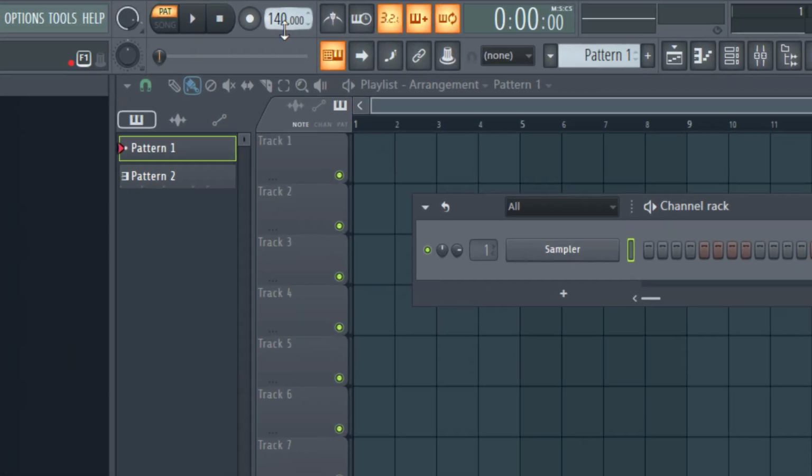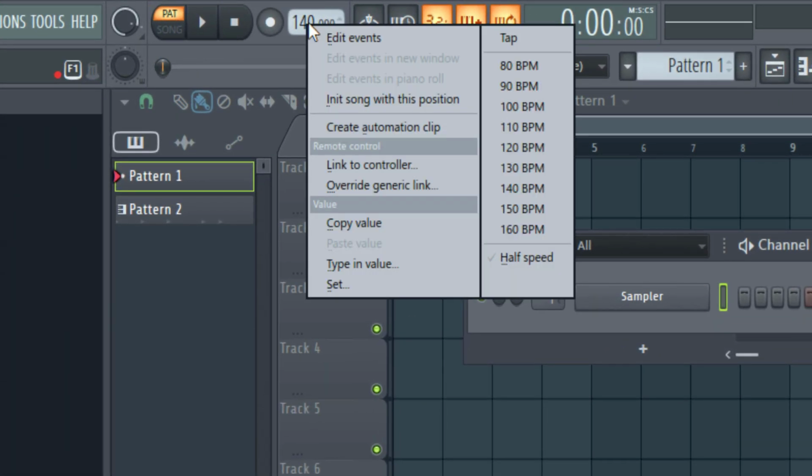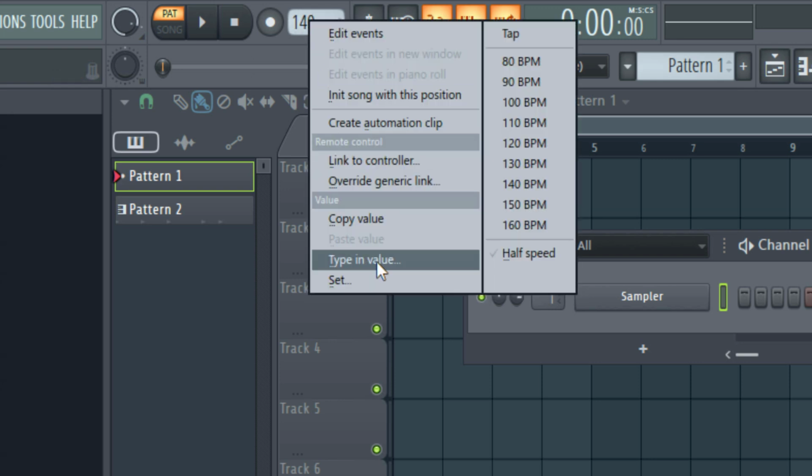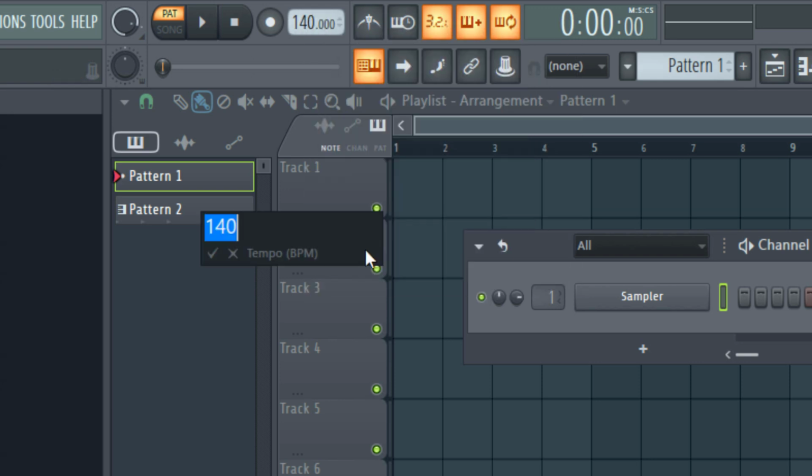So now I'm going to type in a value within 90 to 120. Right click this tempo, then come to type in value. I think I would like to start at 98. Now, this is not static. You can always change this. If you feel like your drums are too fast, you can slow it down by maybe typing in 95, 93. But if you feel like it's too slow, you can increase it, maybe 105, 108, 110. It all depends on you. Or you can just switch it up to get different vibes from it,